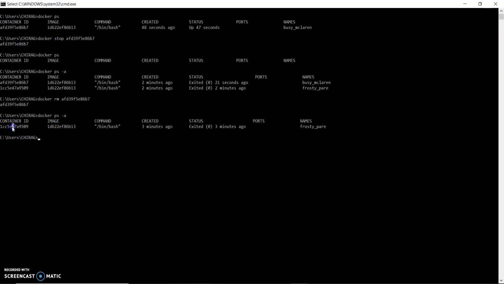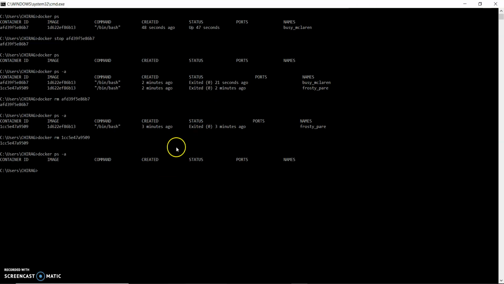If I also want to remove this container, then I will go docker rm and enter. If I look again, there is no container present here. So this is the way how we can pull, run, stop, and delete our container.